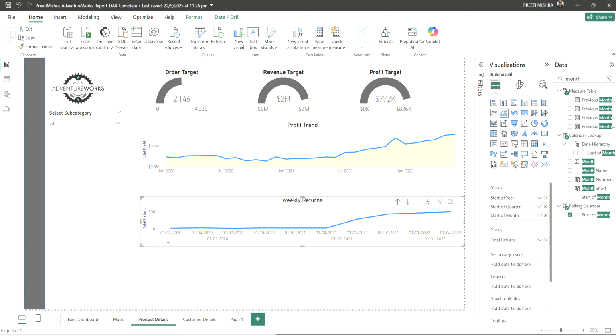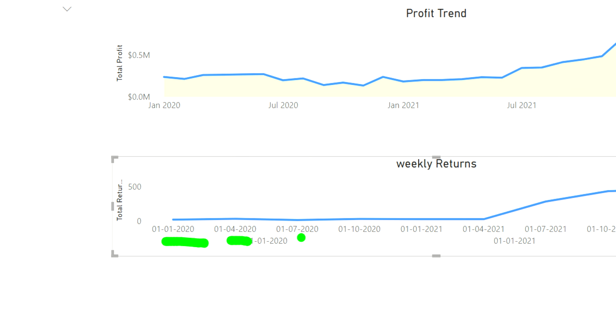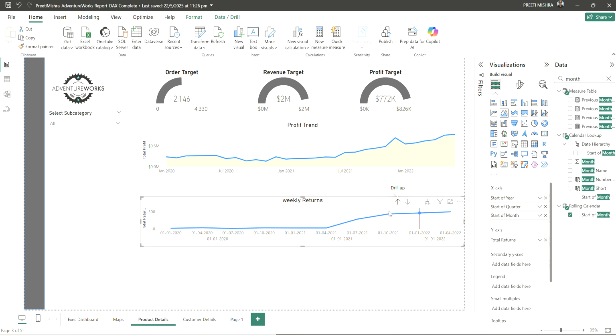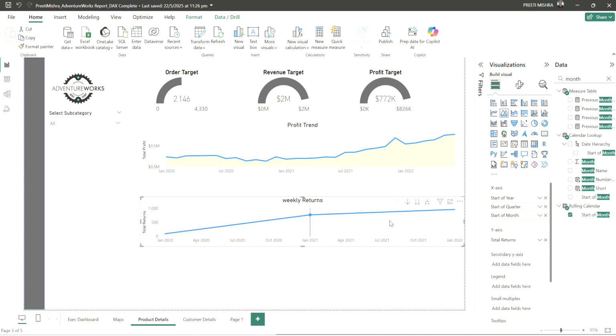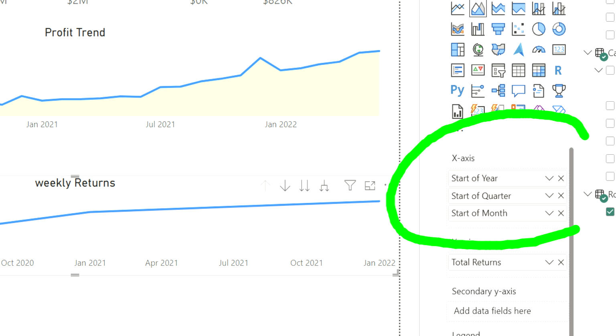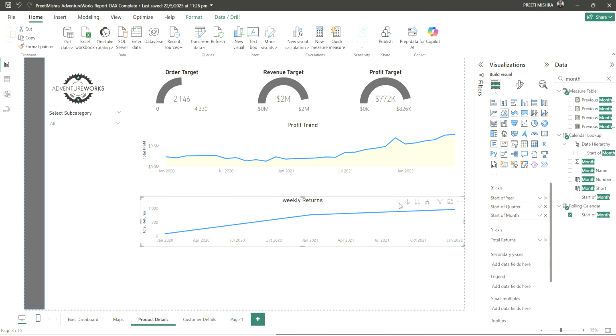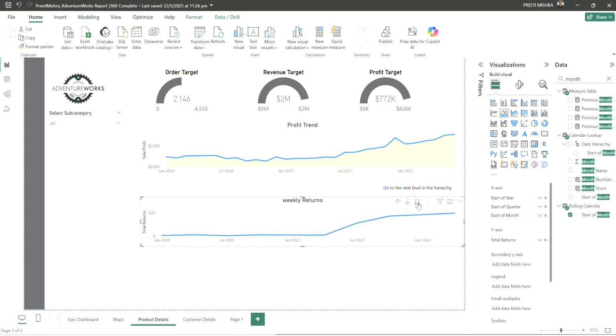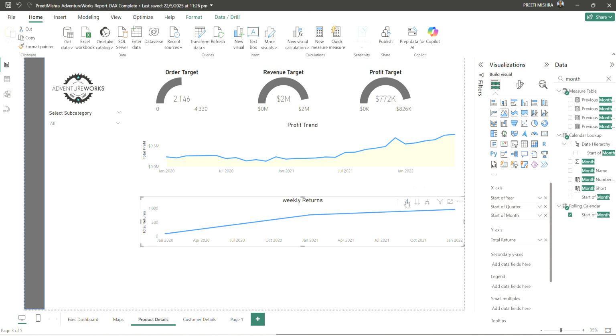I can drill it up to the quarter. So this is the quarterly report. You can observe over here from January to April, then from July to October and so on. And this will be the yearly returns report. Here I have dragged and dropped the fields of my own drill down hierarchy, where I want the highest level to be the year and the lowest level to be the month, and according to that it will provide me the drill up and drill down features. There are further options. Please feel free to explore them and observe their effects. You can see this takes me to the lowest level of the hierarchy. So this is the drill up and drill down feature.